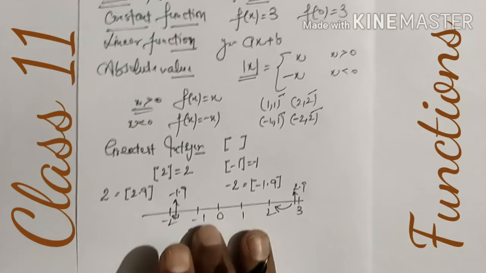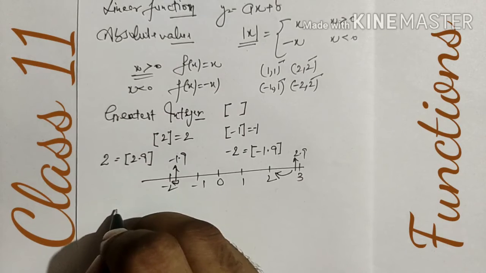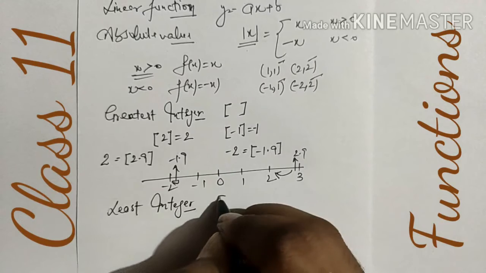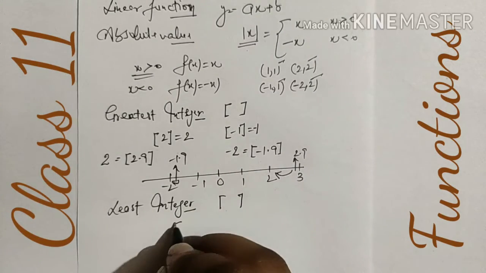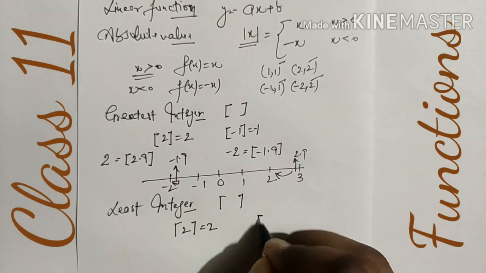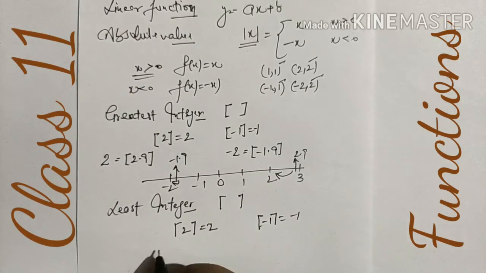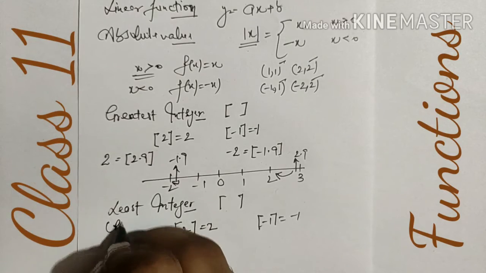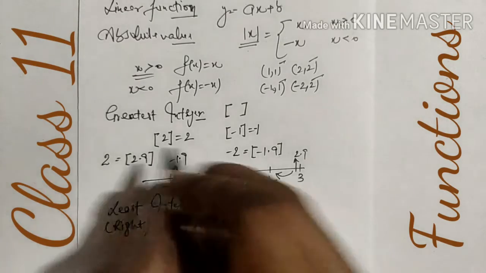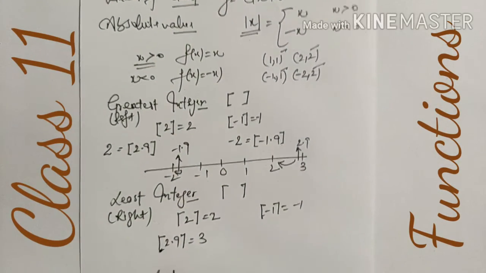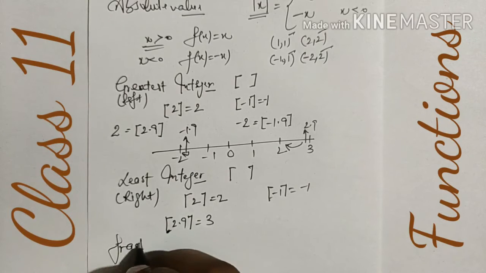Next type of function is our least integer function. This is also an important one. It is just changed, only the downside, there is no closure symbol. For a complete value, a complete number, it is the same as for the greatest integer. For positive, the answer is positive. For negative, it is negative. But in case of a fraction, we write the first integer on the right side according to the number line. For greatest integer, the left value. For the least integer, the first right side value.